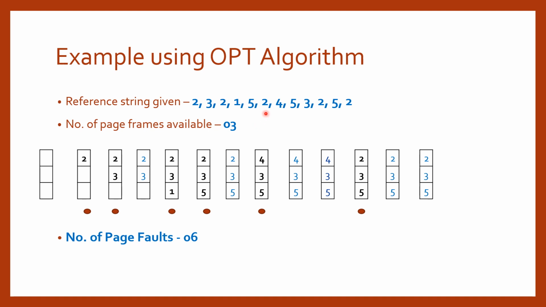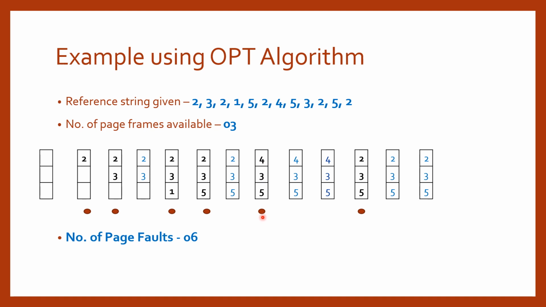Now the request comes for 2. 2 is already there, so no page fault. Now request comes for 4. So we will see, out of 2, 3 and 5, in the future direction after 4, which page will not be used, or which will be used least frequently, that is, in the farthest place in future. Out of these three, 2 is at the farthest place. So we will replace 2 and load 4 in place of 2 and record a page fault here.